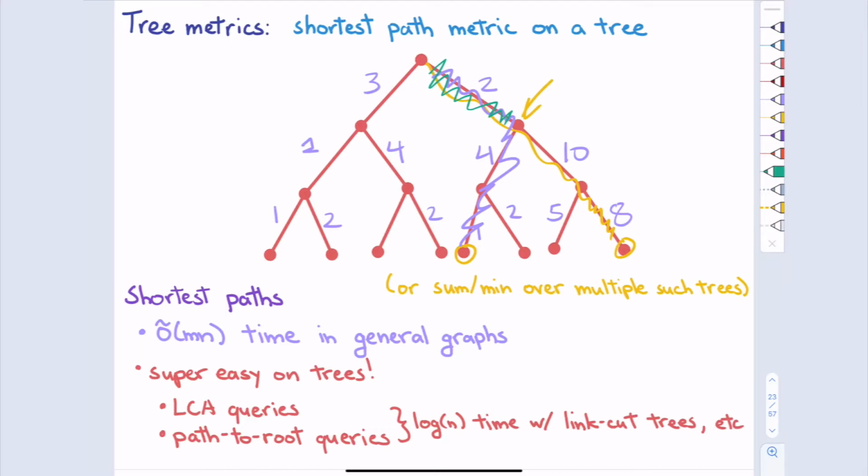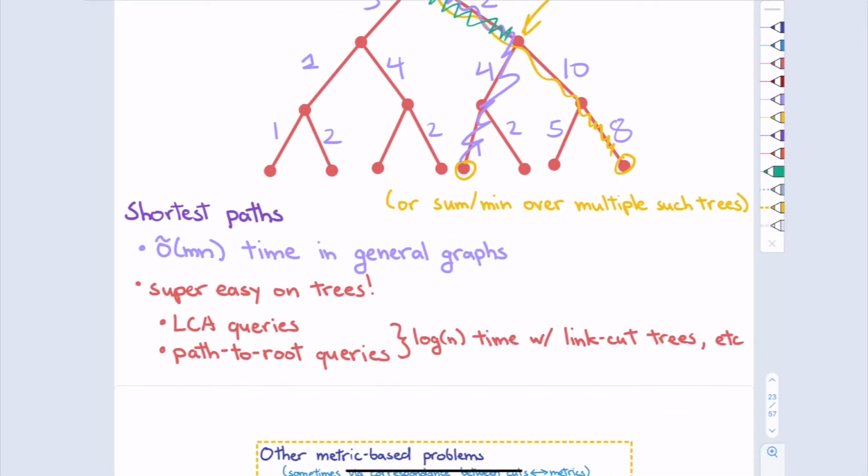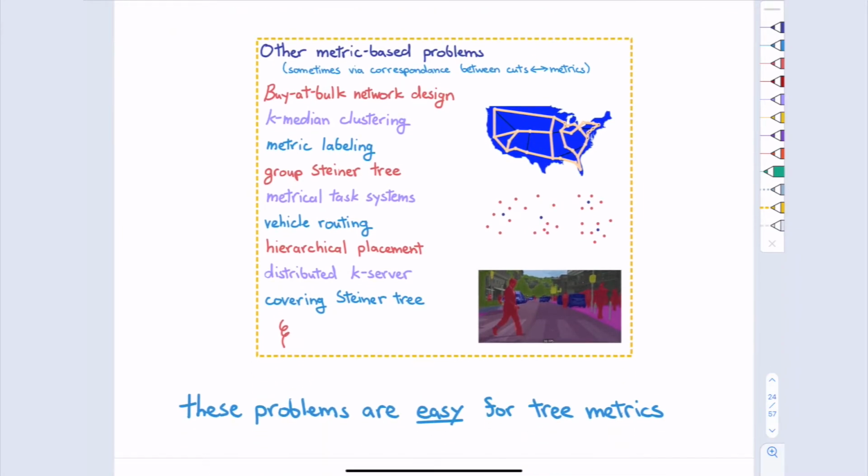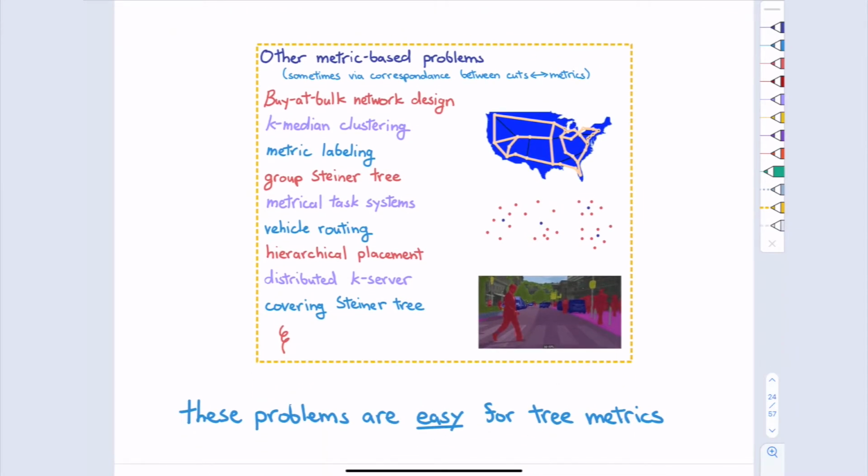So trees, you can just do anything as fast as you want. Okay. All right. So what's the point though? A lot of these problems, which might have seemed complicated, actually become much easier for tree metrics. Sometimes they can either be approximated easily or even solved exactly. Take, for example, buy-at-bulk network design,